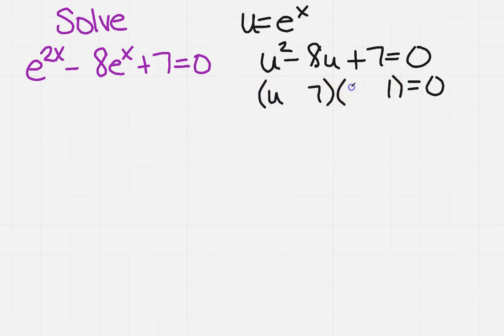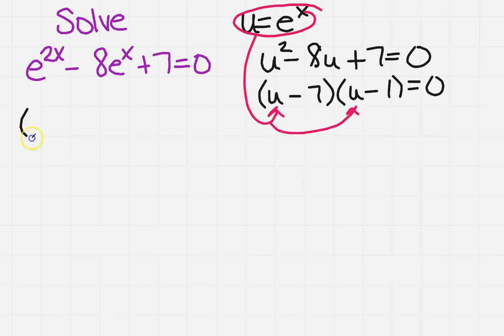The signs are the same. They're both going to be minus. So I could solve that. Great! But now I need to go ahead and plug back in what u was. So at this point, I need to take this information here, and I'm going to plug it in both of these places for u. So it looks like e to the x minus 7 and e to the x minus